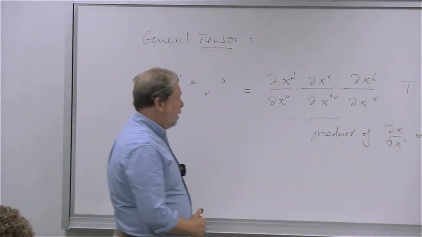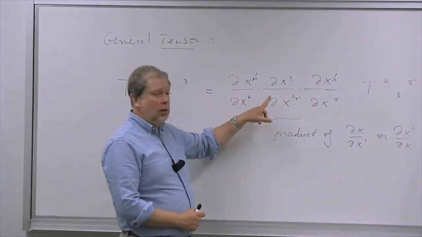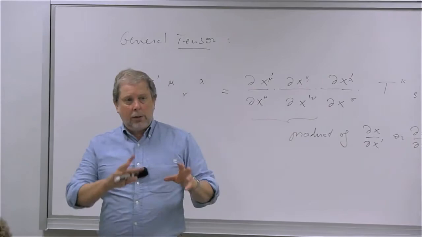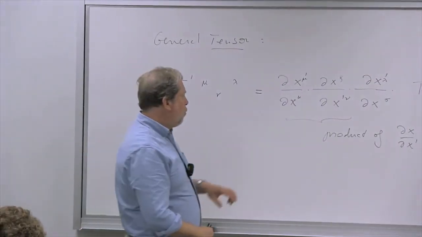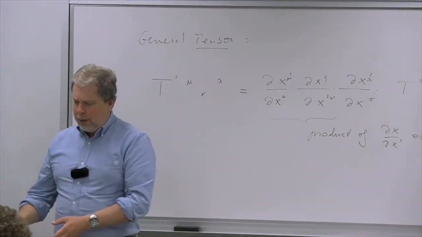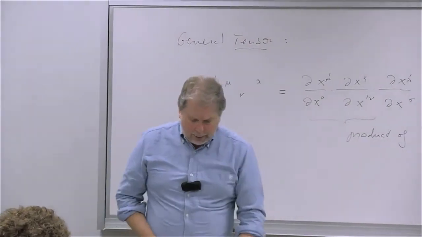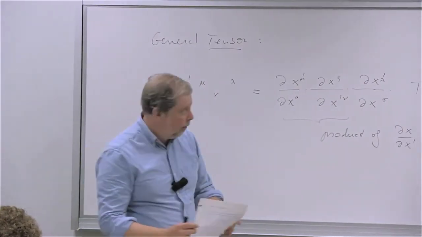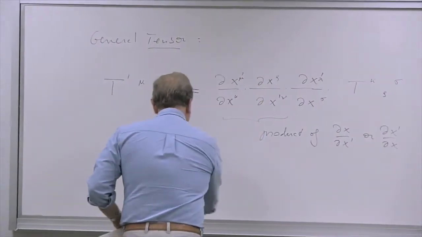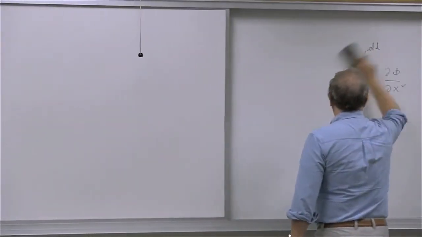Of course, the big difference with the way we normally handle matrices is that all these quantities depend on x, right? So the amount of rotation that is done depends on the point that you're at, because all these derivatives of one coordinate system with respect to another one depend on the point x. Right? So an example of a tensor is the metric itself,